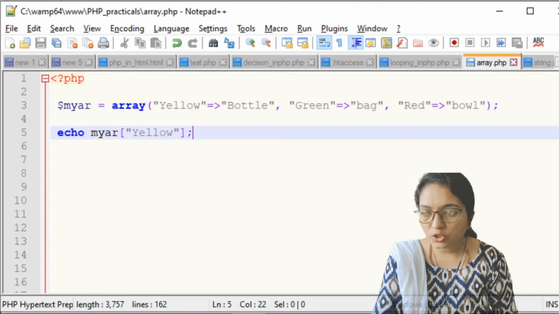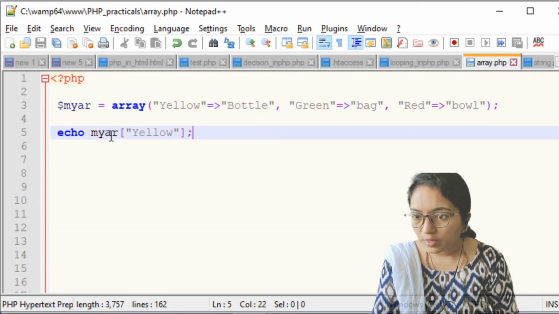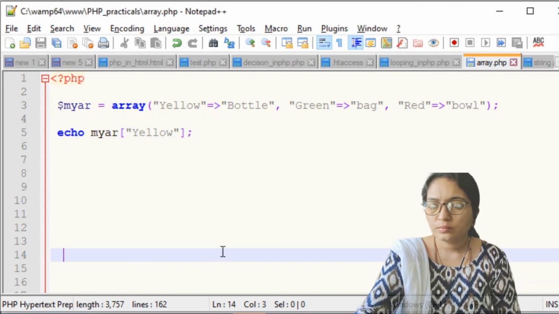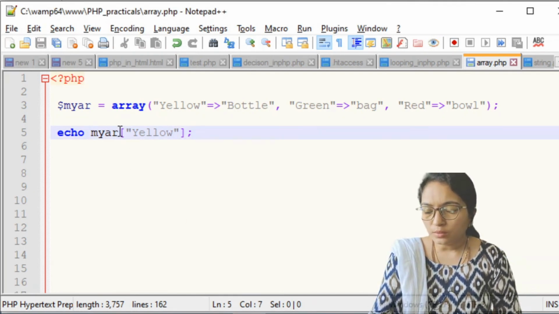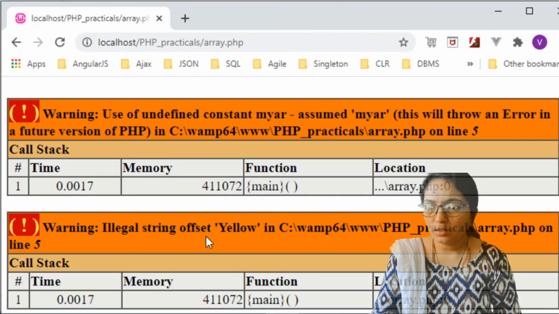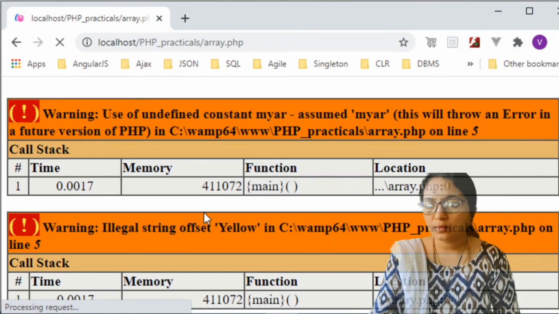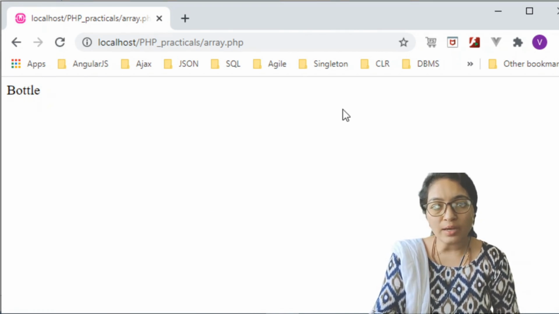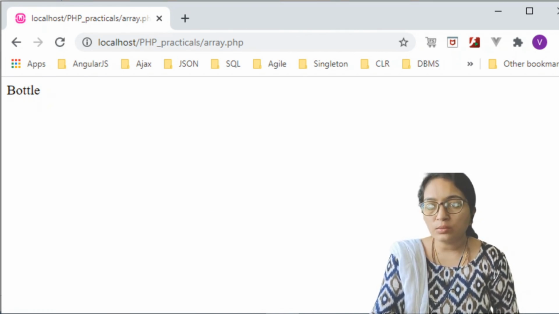Okay, there is a change in the variable name. We have written my array, okay, we have not written dollar over here. That's why it is showing the error. Now just refresh this page. So it will show you the bottle. So like this way you can create the associative array and you can display the value in it.